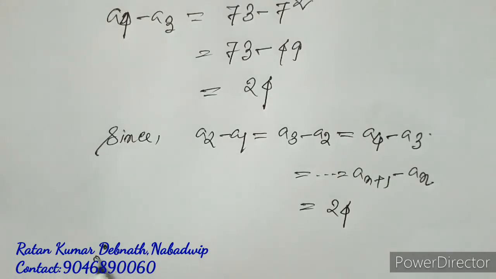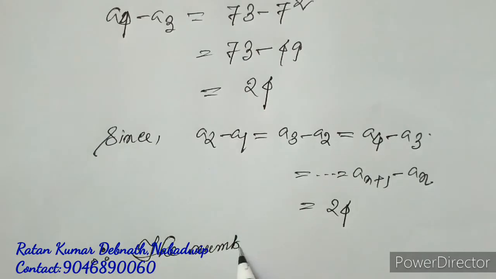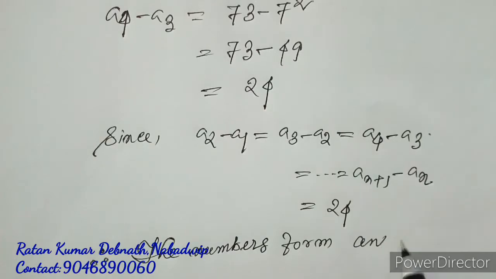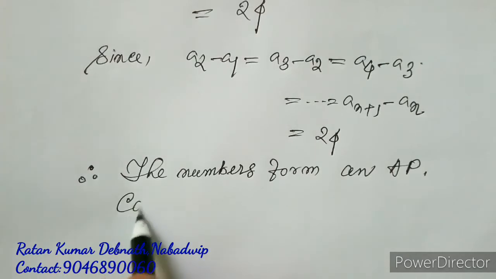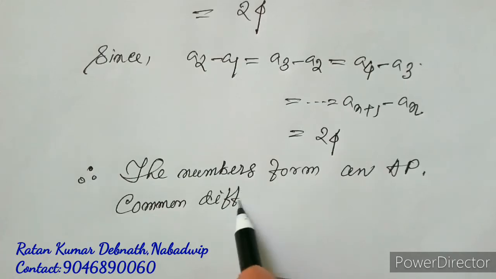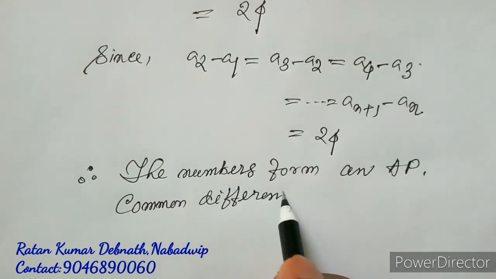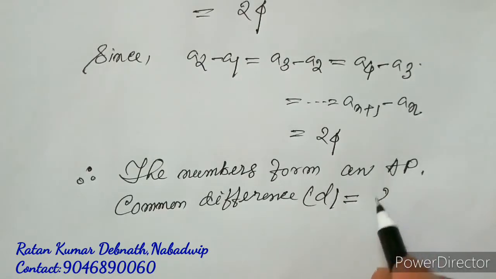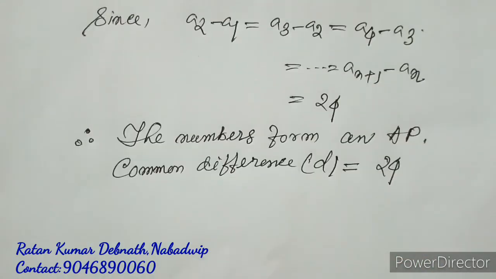Therefore, the numbers form an AP, and obviously common difference d equal to 24. Next three numbers are